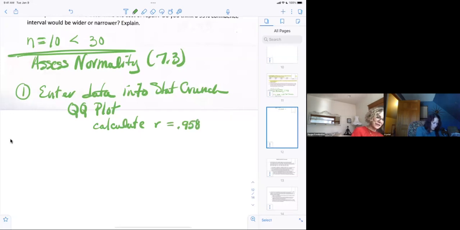Without taking the time to go into StatCrunch, when you create your QQ plot, I think there is a button that you click that says to include the correlation. There is, yeah. So make sure you check that so you can calculate the correlation of your data values. And then you want to compare that to your